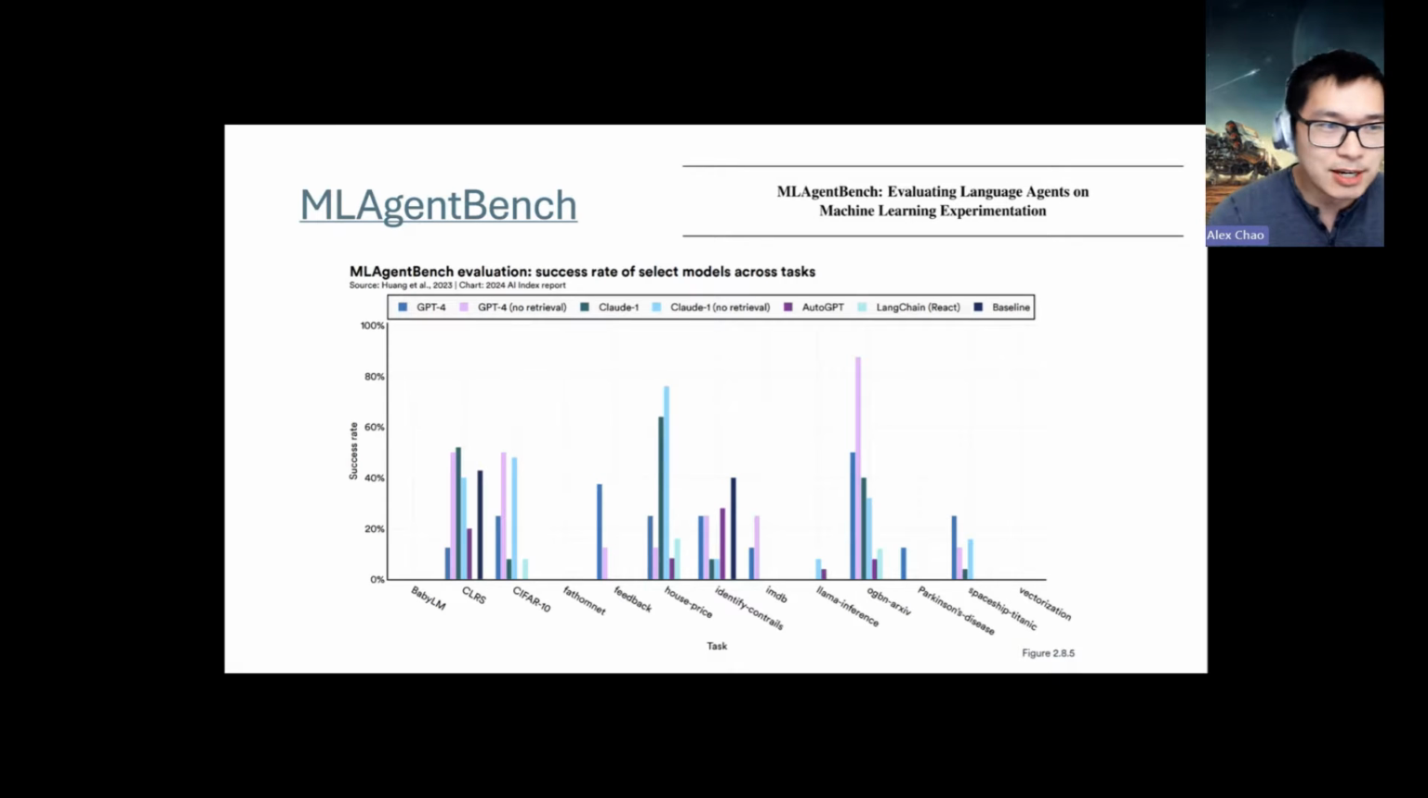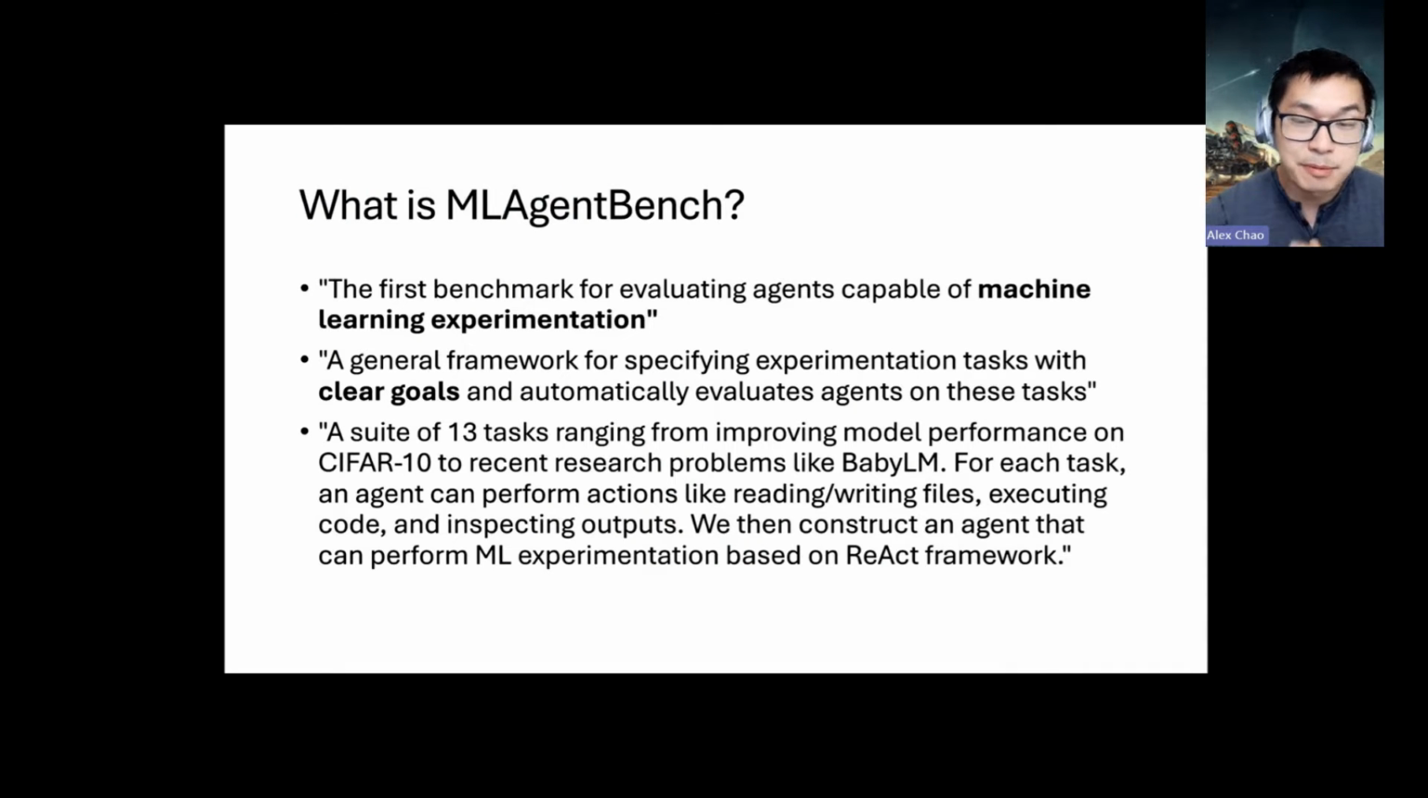Last week, I talked about this. This is actually a figure from the Stanford, I think, AI Index report that came out. They covered many different things, but one of them was ML Agent Bench. And this one in particular, I want to do a little bit of a deeper dive on what exactly is ML Agent Bench. So from the paper, they talked about that